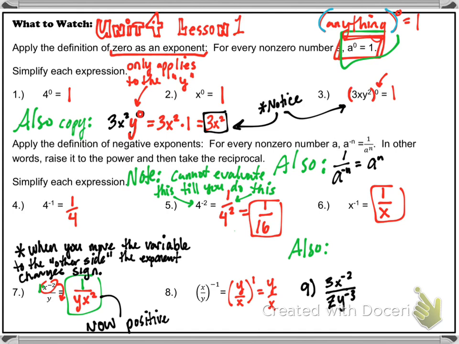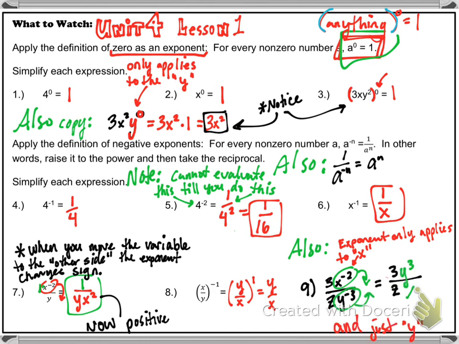All right, so now we have a few negative exponents, a few things without exponents. The negative 2 only applies to the x, so it goes down. The negative 3 only applies to the y, not the z. So it goes to the top. Only the y goes to the top with its 3, not the z. And this gives us